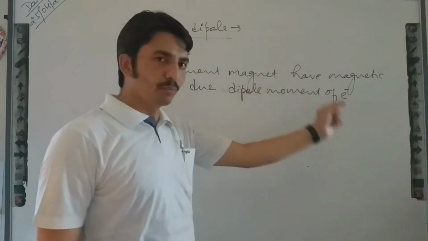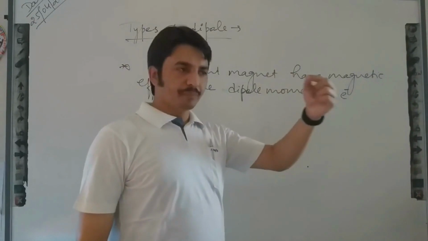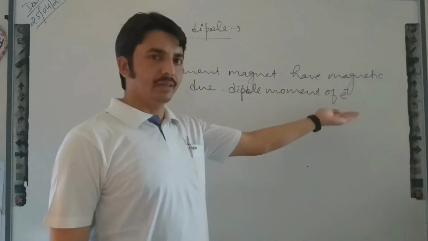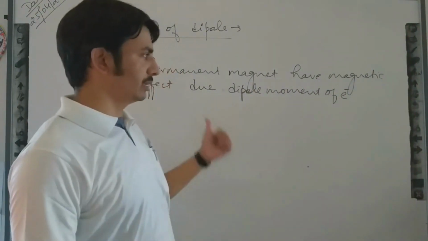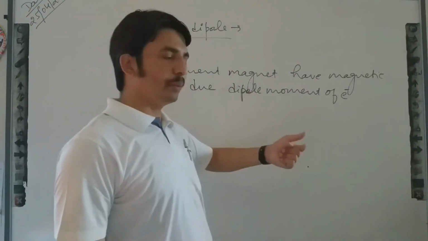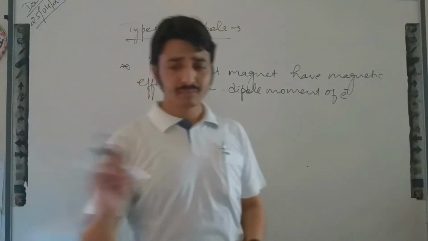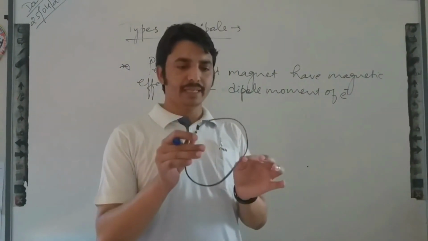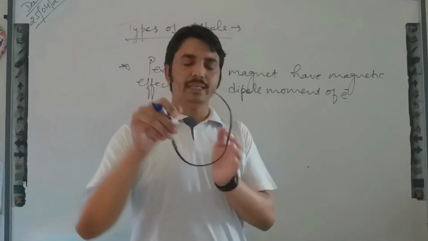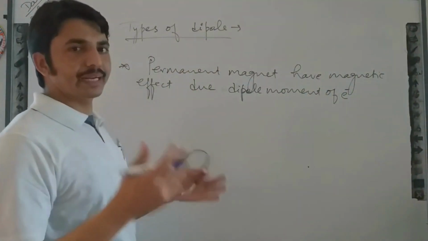If electrons are moving in their orbit, okay, so these electrons will be the cause of current, because these are the charge carriers, and we studied in the previous chapter that current is the movement of charge with respect to time. So electrons are moving. If I take an example, if this is the south end and this is the north, okay, so what will be the direction of the magnetic dipole?